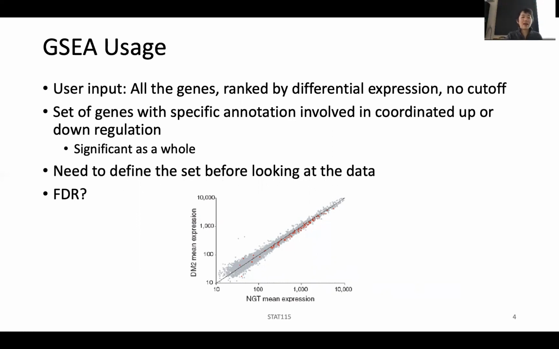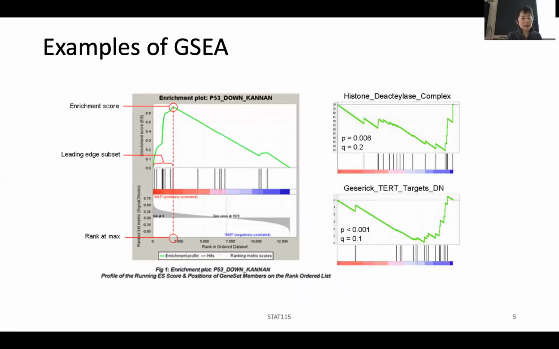You can't just say, what if I take the top 100 genes that are upregulated in my ranked order list and look at their significance? Of course, those are going to be super significant, but you cannot look at the data first before you do this. You have to define the gene set ahead of time and also correct for multiple hypothesis testing. Later on, this tool has been gradually improved and is developed by the Broad Institute between Harvard and MIT. And now there's a tool they